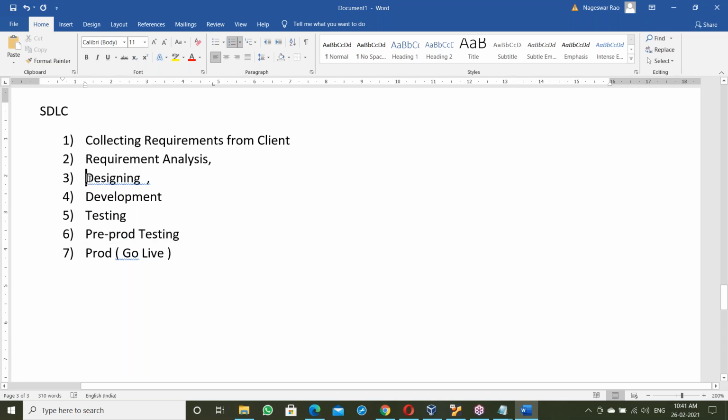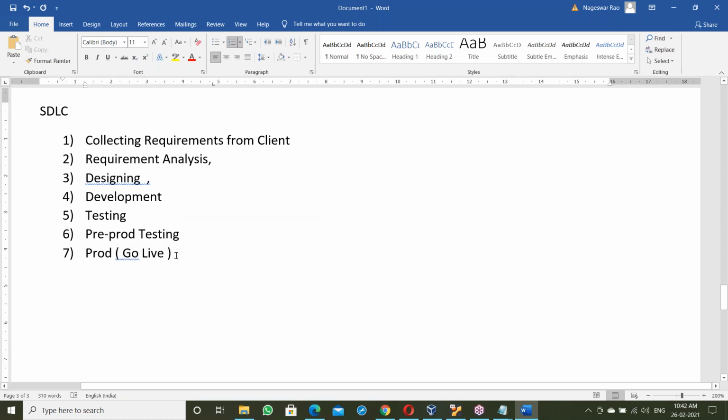See here, designing, developing Java code. At the time of developing Java code, we use sample data. Using sample data, we develop the code and test it here. If it is working fine, then moving to the testing department. The testing team will test the application using sample data, not real data. After that, production. In production environment, it's real data. Banking application, that's banking data, real data, the banking customers' data.